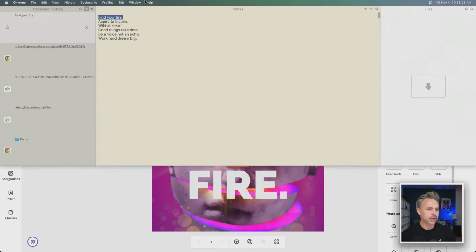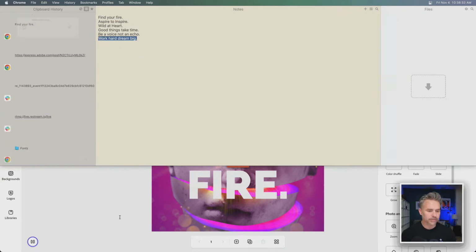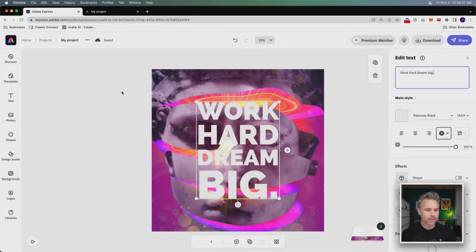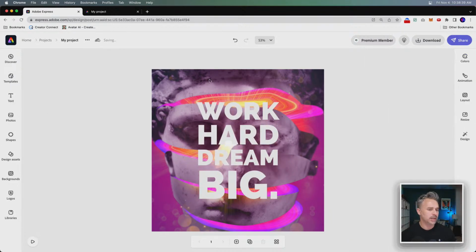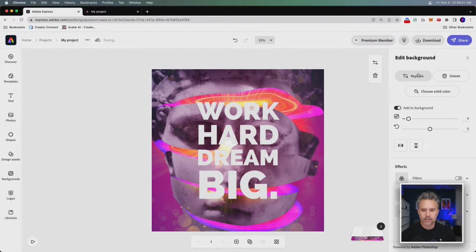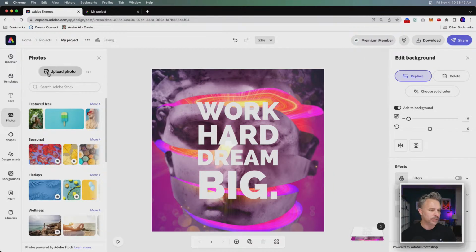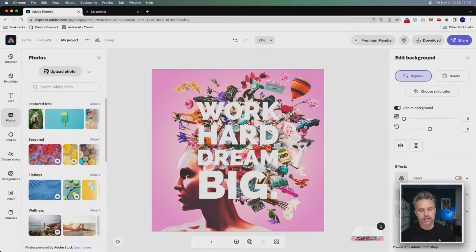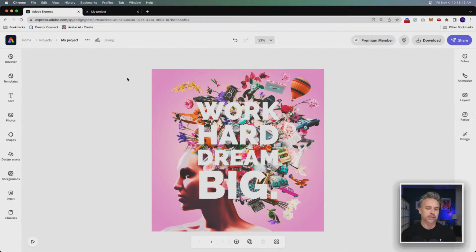Random, and I'm not even sure that. Here we go. Let's do this one. Better phrase. Something that's going to work better. Wait for it. Boom. Work hard. Dream big. Why not? Take that. We will replace that one, which is what I've done in the first place, and we'll grab this collage, because I think this collage is just a lot better. It's cool. Work hard, dream big.